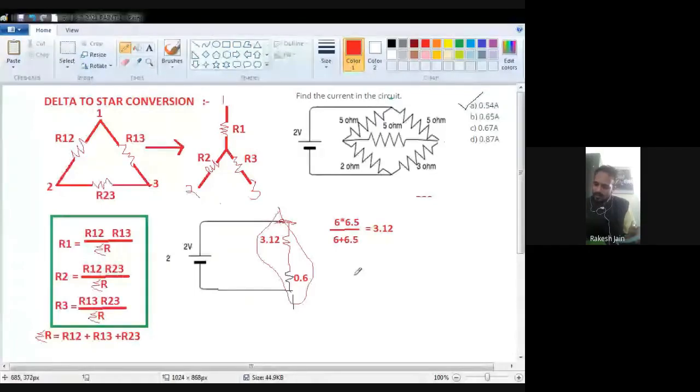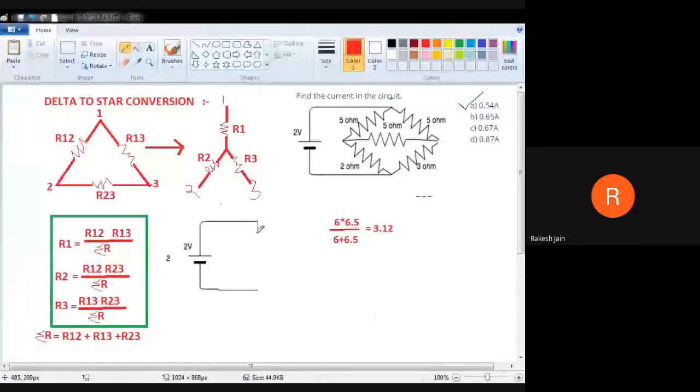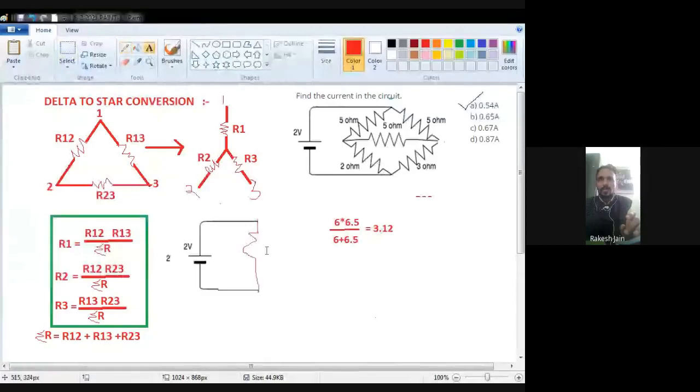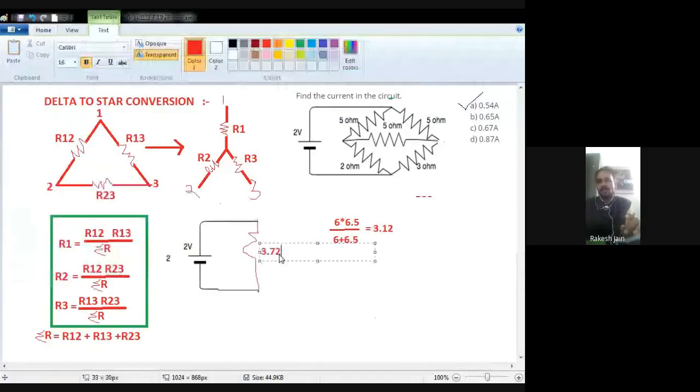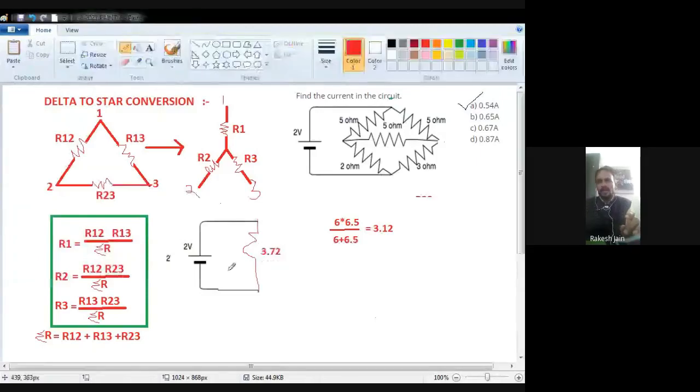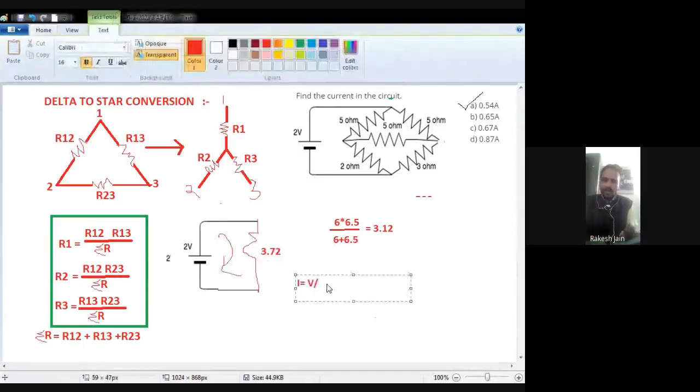Similarly here, this 5 ohm resistance and this 1 ohm resistance both are in series. Don't focus on this 3, because this 3 is the node name. Okay, this 5 ohm and 1 ohm resistances are in series, so both are added with each other. So instead of these two resistances between these two nodes, only a single resistance will become, and that is 6 ohm. 5 plus 1 is 6 ohm.